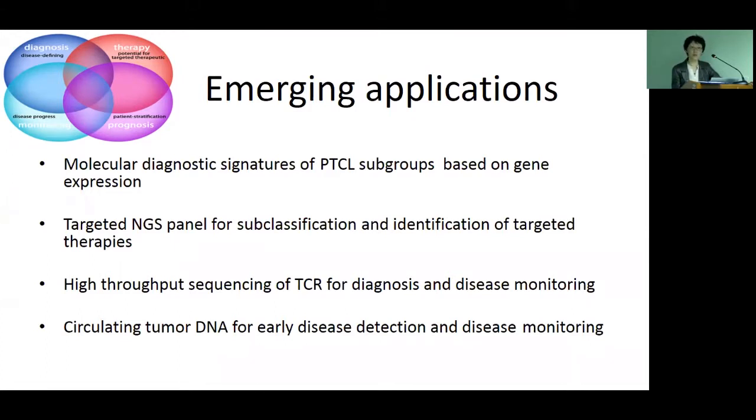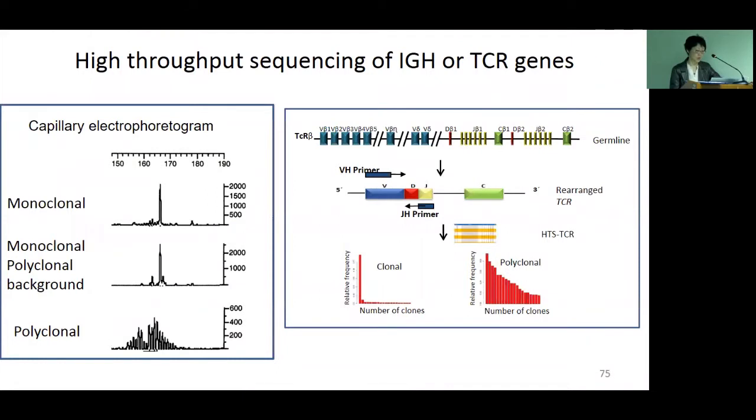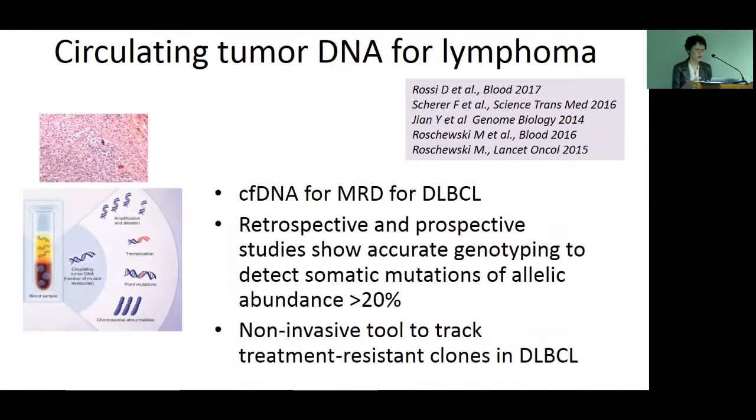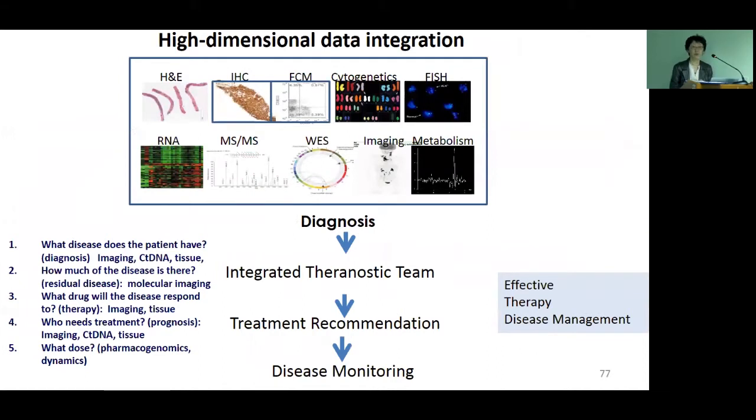Circulating tumor DNA for early disease detection and disease monitoring are going to be important. And in work from some of the B-cell lymphoma patients, they have been using circulating free tumor DNA for MRD for many patients with diffuse large B-cell lymphomas. They have found that retrospective and prospective studies show accurate genotyping to detect mutations. And importantly, this is a non-invasive tool to potentially track clones of tumors that might be resistant to the treatments that we have exposed. So really in the future, we're going to be accountable for integration of high-dimensional data for